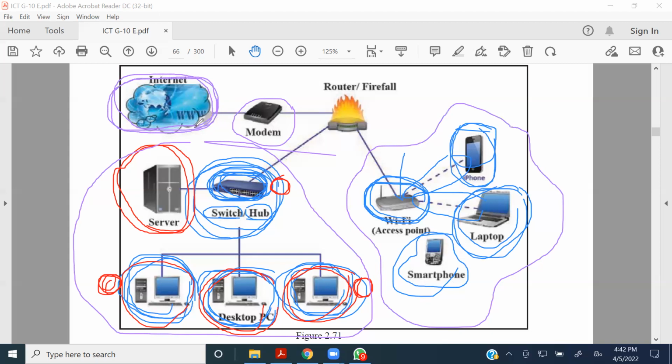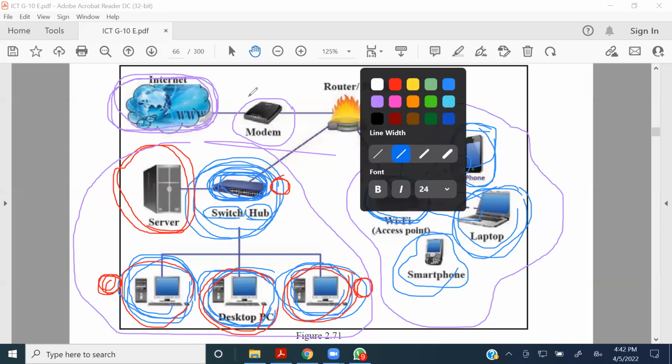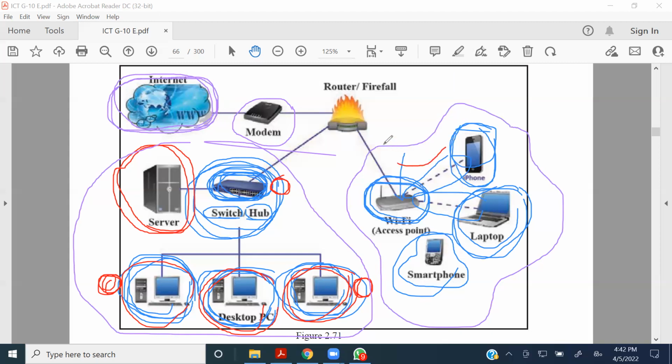So they can connect to the internet through the modem, as well as they can receive things through the modem to the network. We can send data to the internet, and we can take data from the internet, which is simply what we call uploading and downloading,